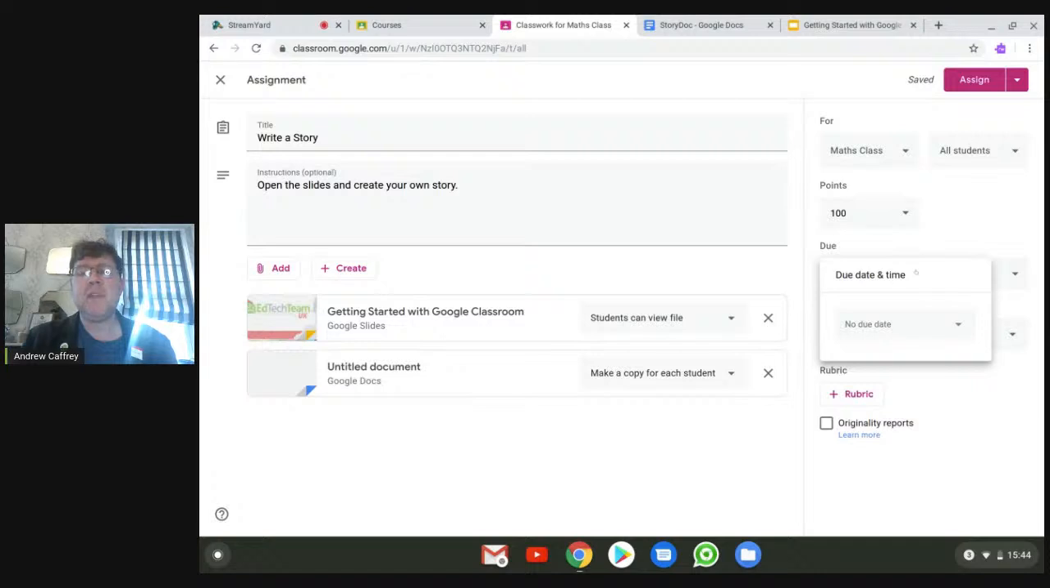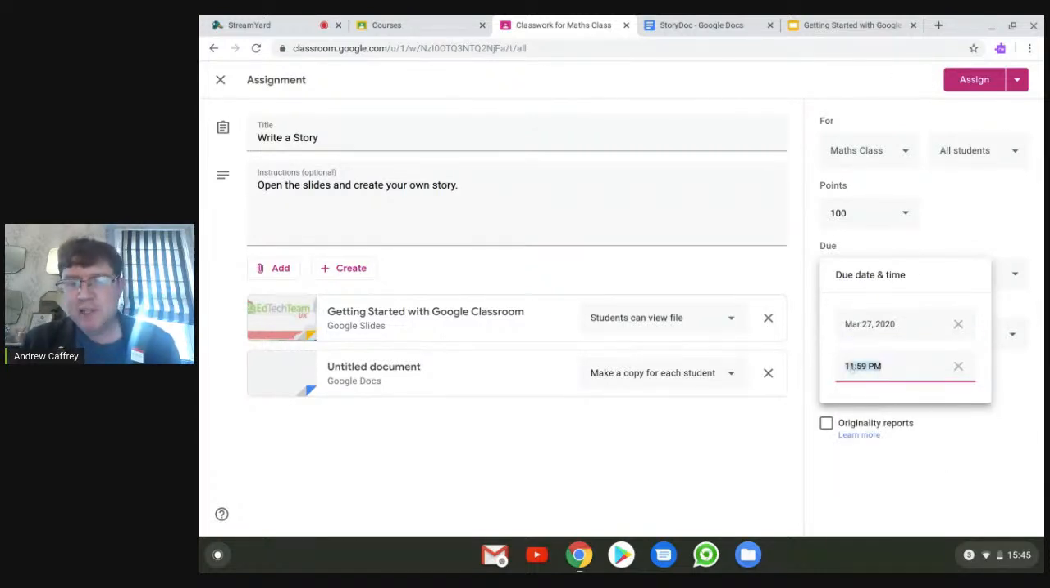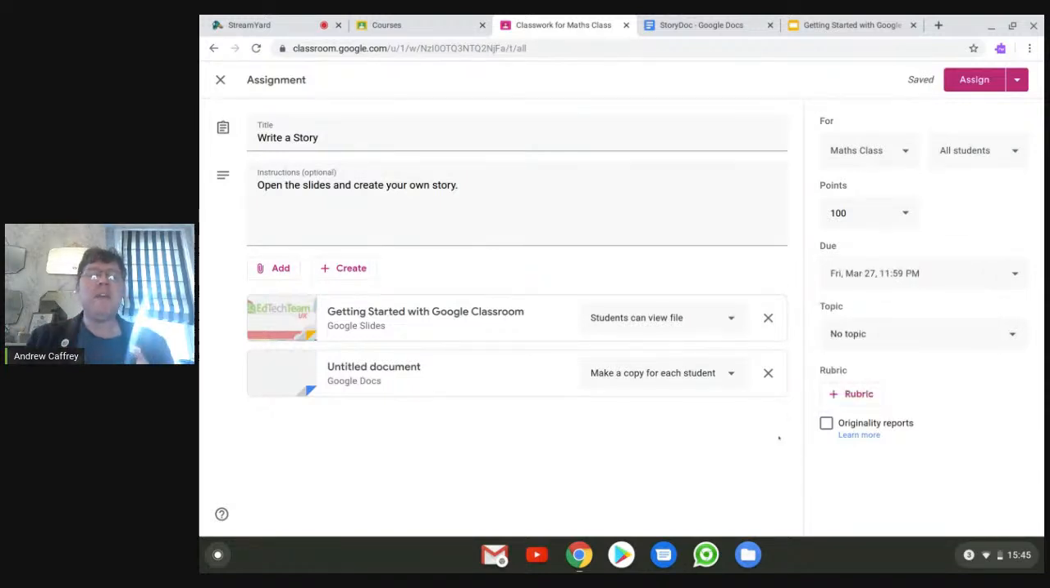Due date. If I put a due date in, so I'm going to put a due date in of tomorrow and a timing of midnight. That sounds a bit evil, but we'll leave it. That means that it's going to create a calendar entry for my students to remind them tomorrow that the work's due in. So it'll go to Google Calendar and it'll put the deadline in their calendar to say that's when your write a story task for Mr. Caffrey is due in. So deadlines enable the assignment to go to calendar,